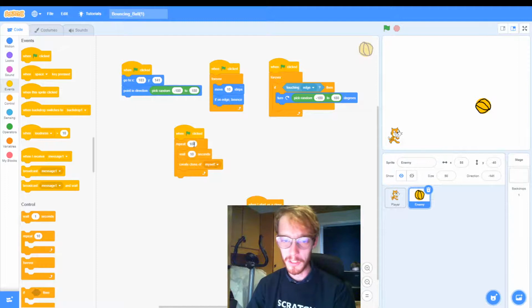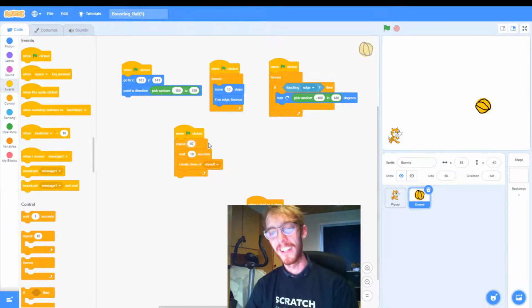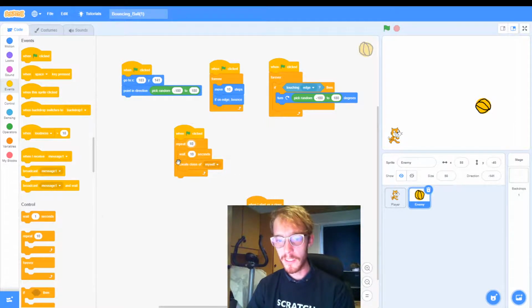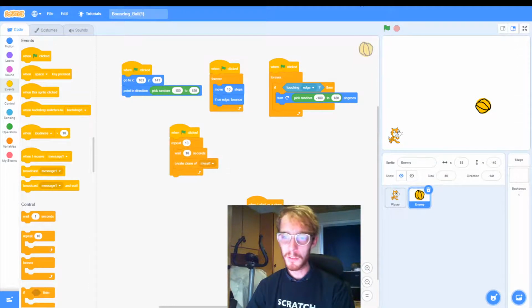In my case, we can just say that should be 10 instead. If we can actually survive 10 balls bouncing around, you can increase this number. But this will start when we click the green flag, and then it will wait 10 seconds before adding the second ball, and then after 20 seconds it will have added 2 balls. Then it will create a clone of where it says myself, and in this case myself would be the ball, because we are currently inside the code of the ball, and that means myself is the ball. So if we just start the game again,